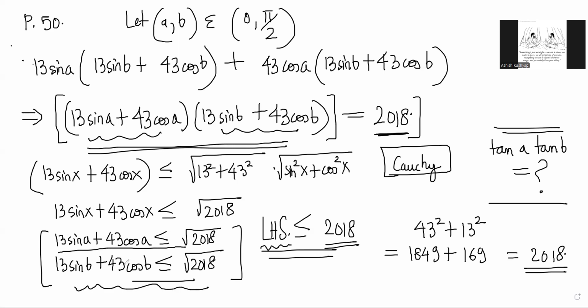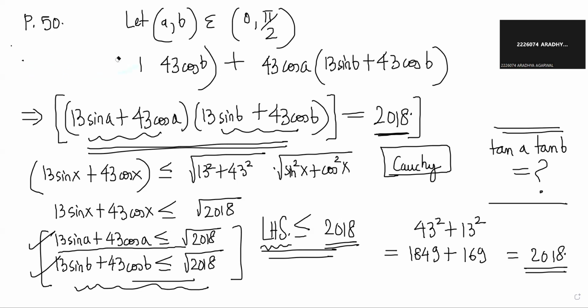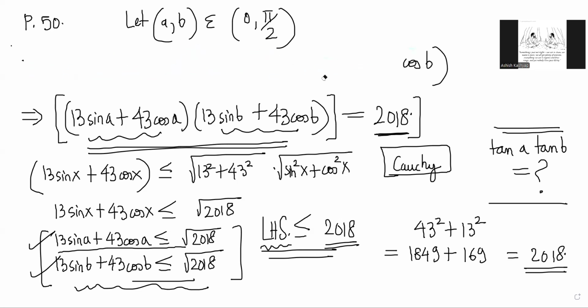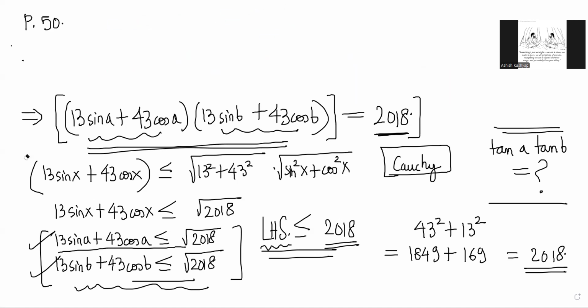There should be equality in both cases of the Cauchy's inequality, right? Then only you will get an equation where LHS will be equal to 2018. Yes, sir. And in Cauchy's inequality, if there is an equality case happening, then there is a proportionality between the